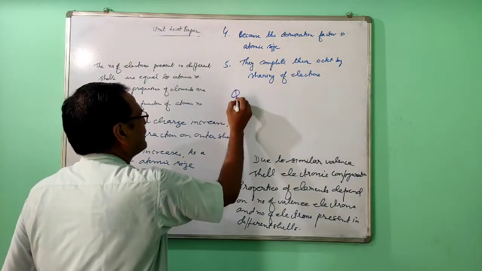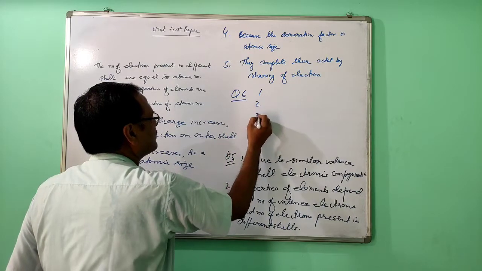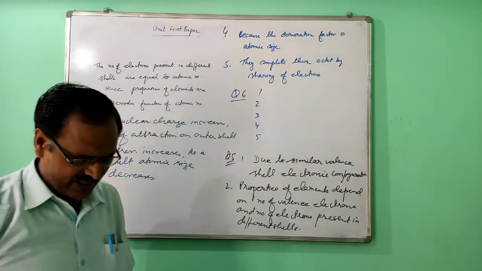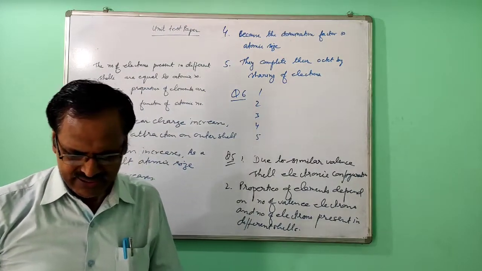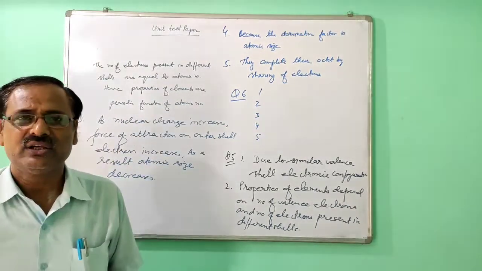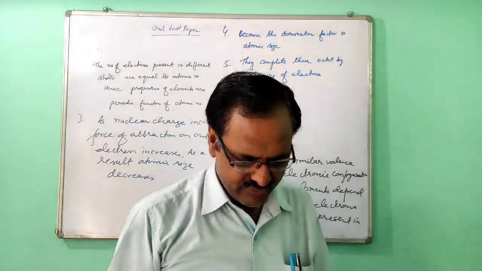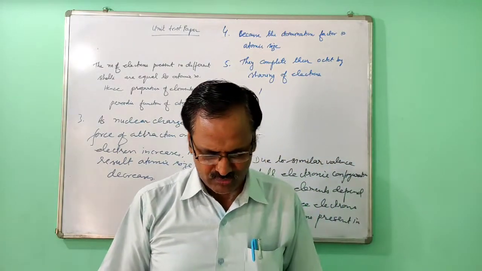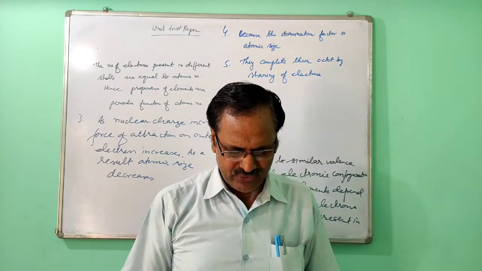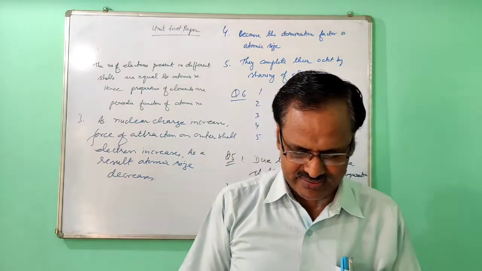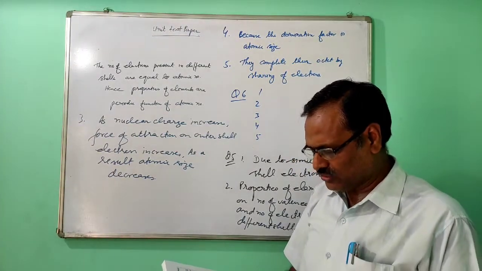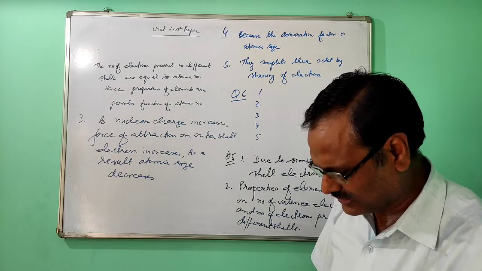Now question number 6. It is asked to arrange the following elements as per the guidelines in the bracket. It is asked in decreasing order of atomic size. In such a question you have to see whether they belong to the same period or the same group. This one belongs to the same period, and when you move in a period from left to right, atomic size decreases, and they are asking in decreasing order, so in the same sequence you can arrange: sodium, magnesium, phosphorus, chlorine.